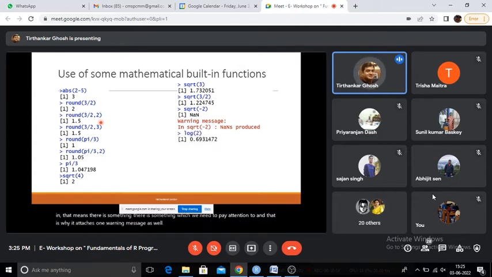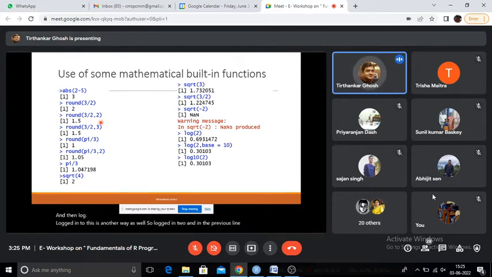Similarly, trigonometric and algebraic functions. Log, you can type log 2, it gives the value, and in the same way we can give the base as well. If we need to give the base, that is how we can give log 2 comma base equal to 10, and then log10 of 2. This is another way as well. So log10 of 2, and in the previous line we gave it in a different way.